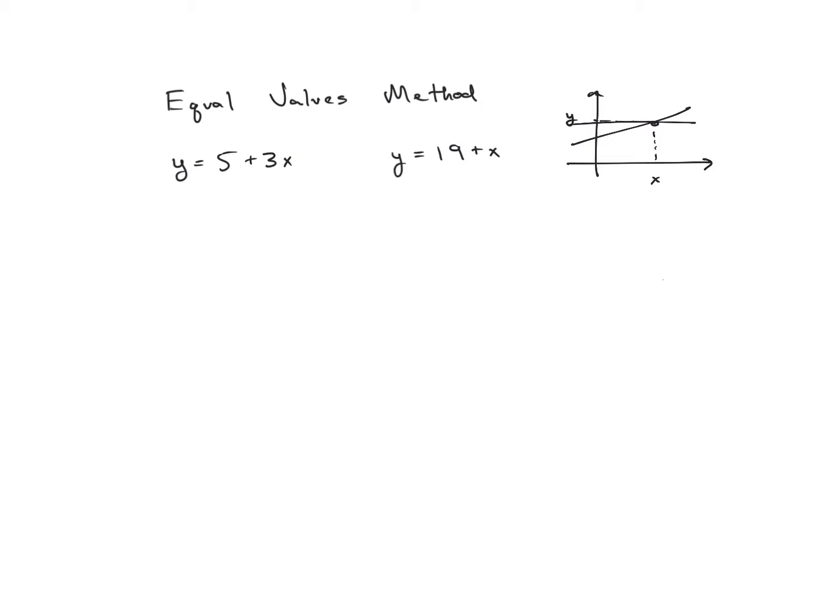But there is another way we can look at these and solve them algebraically. If you see, both functions are equal to y, okay? So y is equal to something. And that something we can substitute in this function, where y is equal to y, so therefore 5 plus 3x is equal to 19 plus x. And in setting it up that way, we're able to solve for